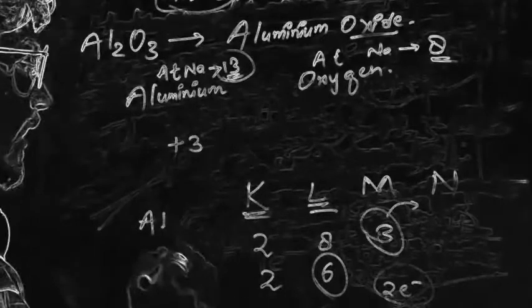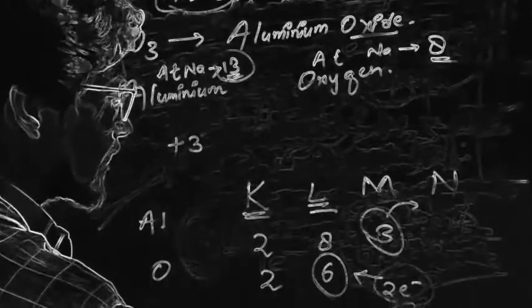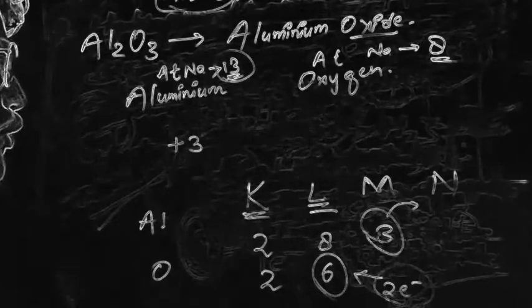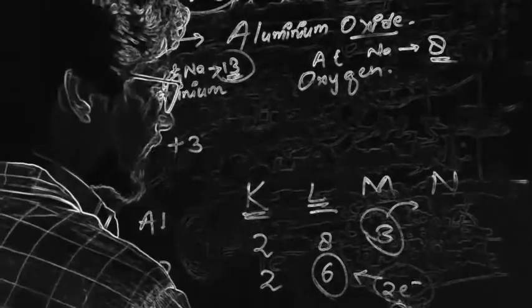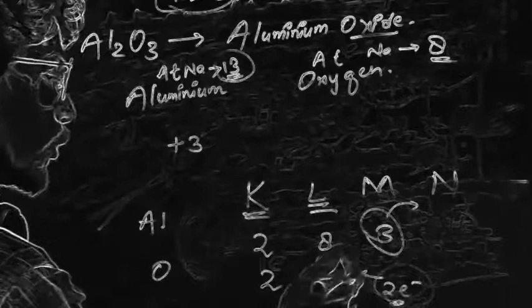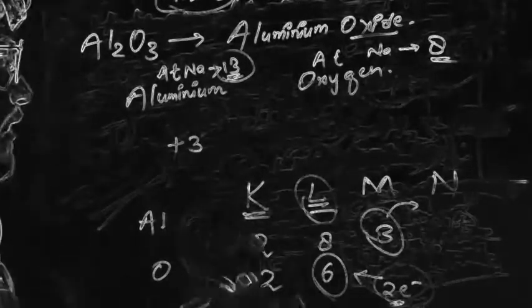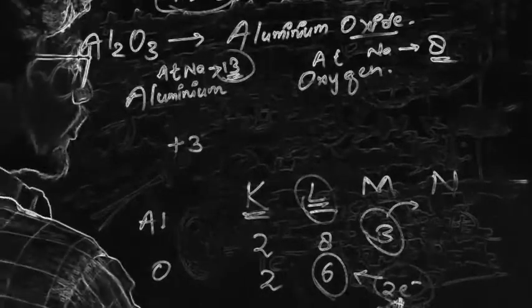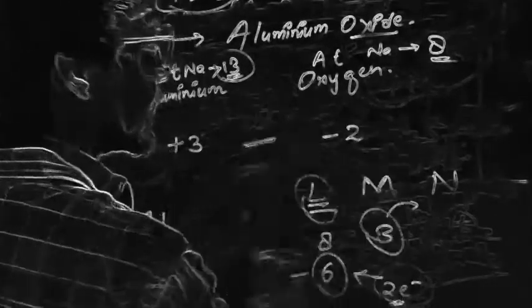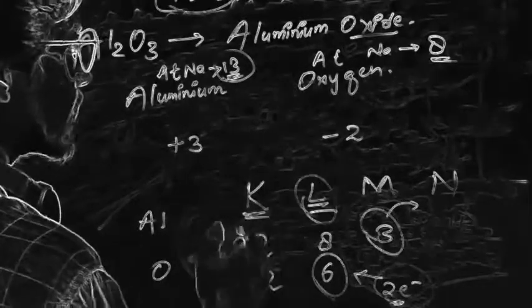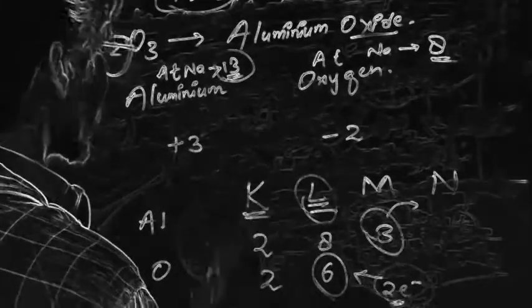Which would be a better deal? The better work is to take electrons. If you lose 6, there will be a lot of loss of energy. So it's better that we take 2 electrons. When 2 electrons come here, it will get 8, and the L shell will also become stable. So if it is taking 2 electrons, then the valency will be -2, because on taking electrons the charge comes minus and on giving it comes plus.